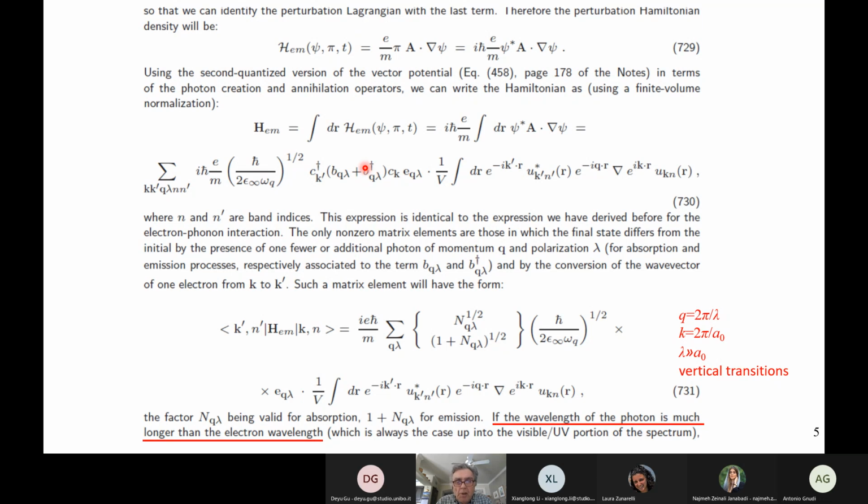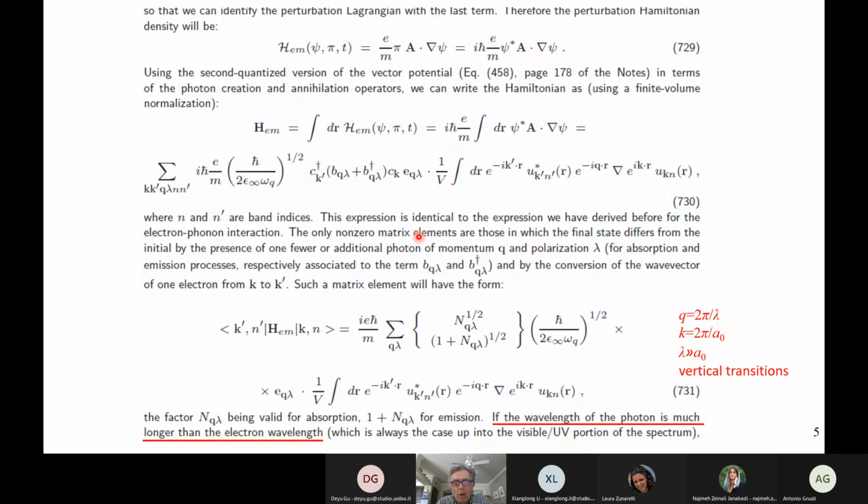So it's a photon emission process in which we create a new photon that didn't exist before, or a photon absorption process in which we destroy a photon that already existed. And of course, we have to sum over all the possible bands that we're considering in our crystal, all the polarizations of the photon, all the wave vectors of the photons, and all the electrons that we have in the system. And this is an overlap integral. It's a little bit different from what we had before because there is a gradient here, which is essentially the momentum of the electron, coming from the gradient in the